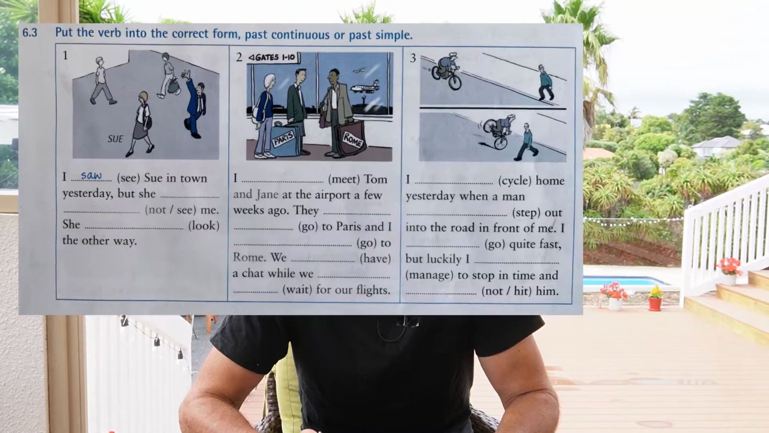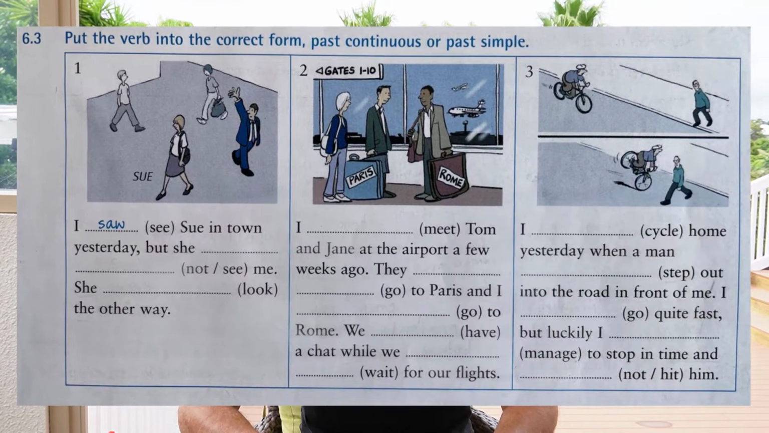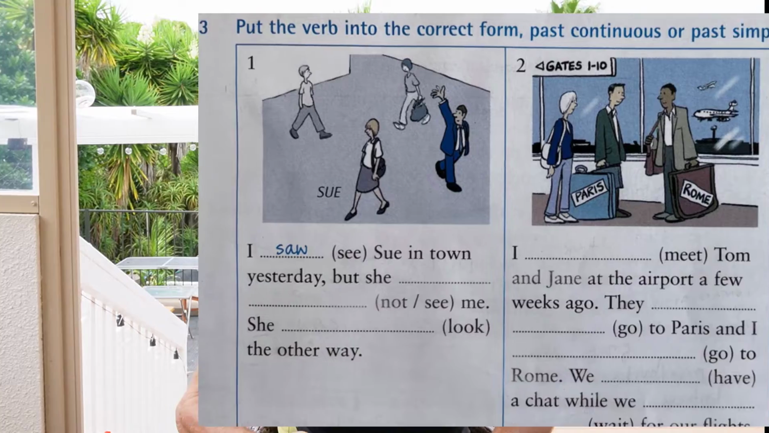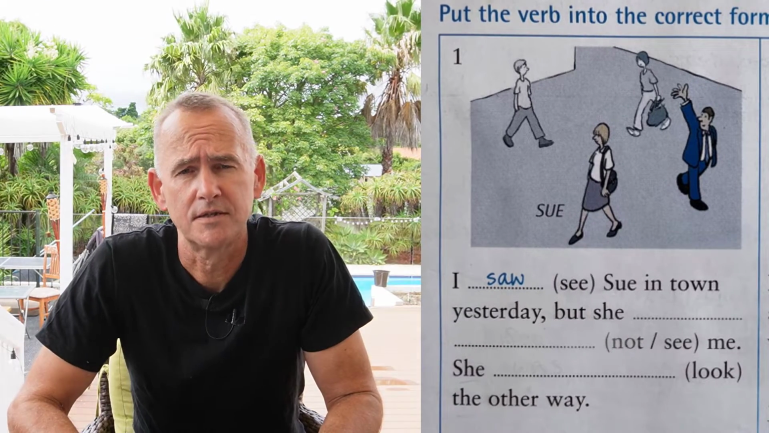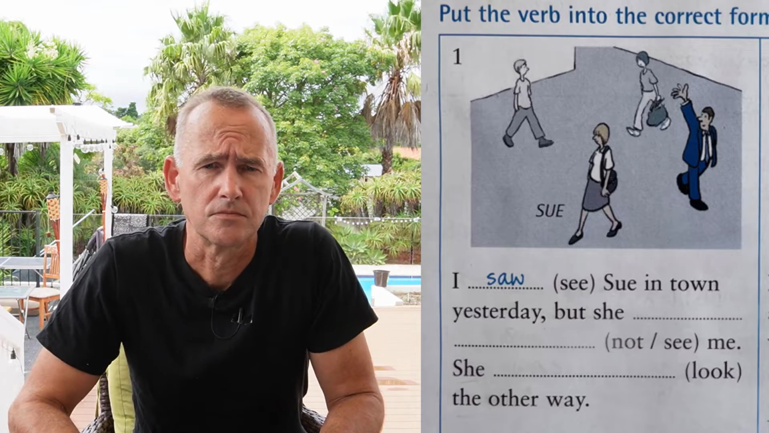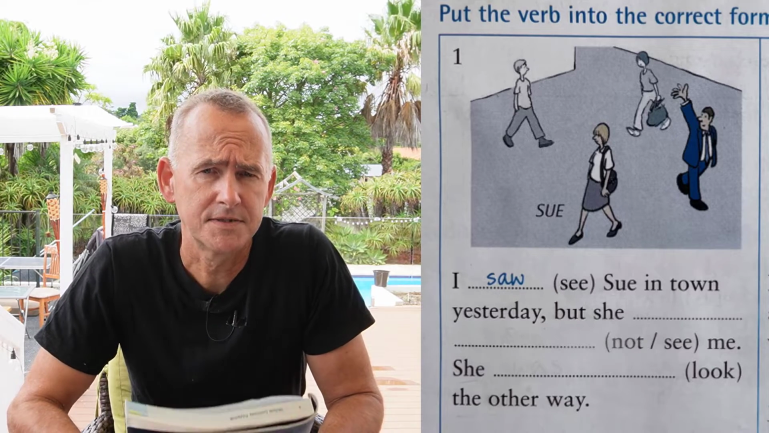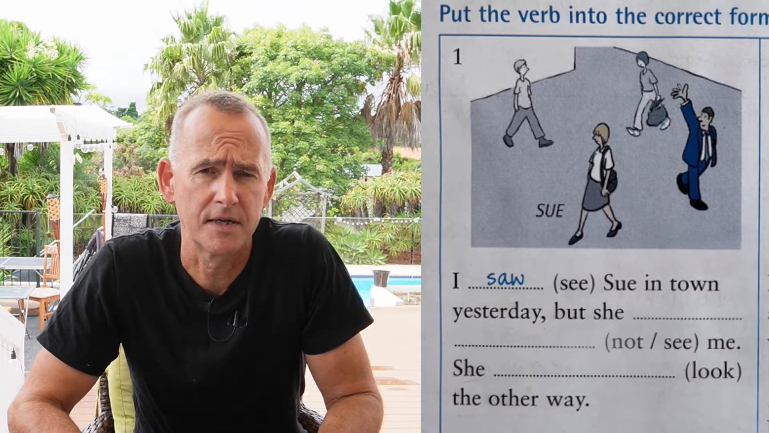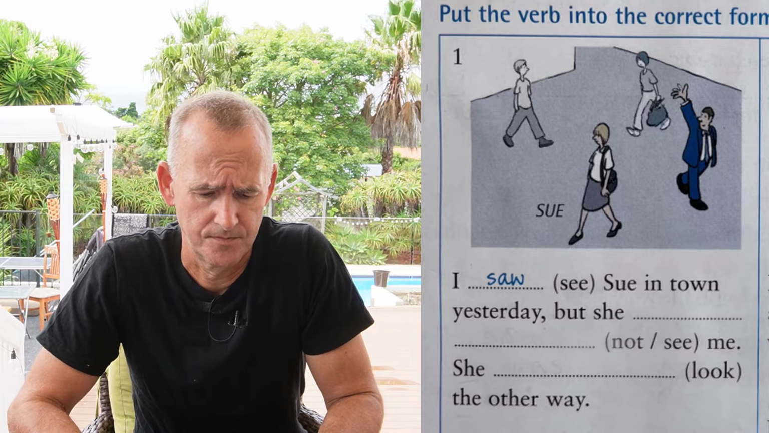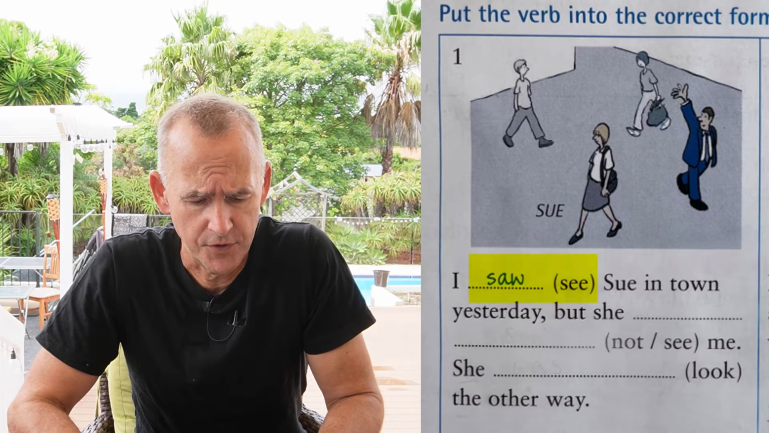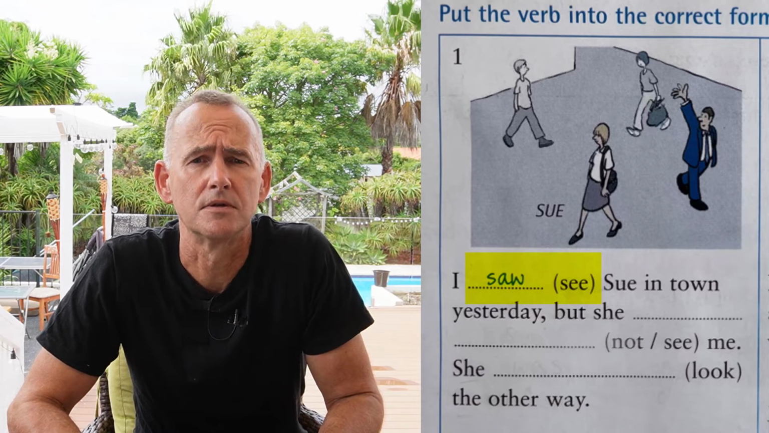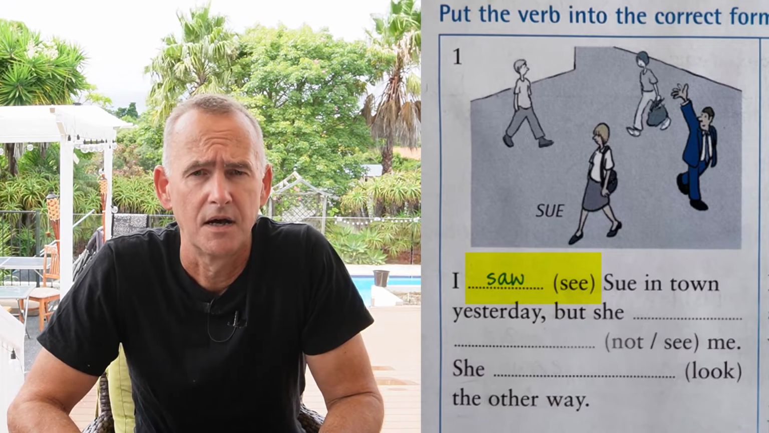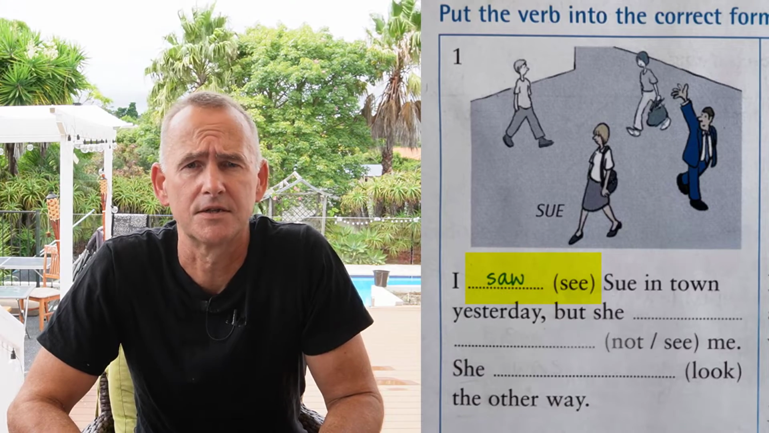On page 13 of Grammar in Use, we have 3 stories. They're very short stories. What we'll do is we'll go over them one by one. All you need to do is use 2 tenses, past simple and past continuous. So the first verb has already been done. I saw. I saw Sue in town yesterday,